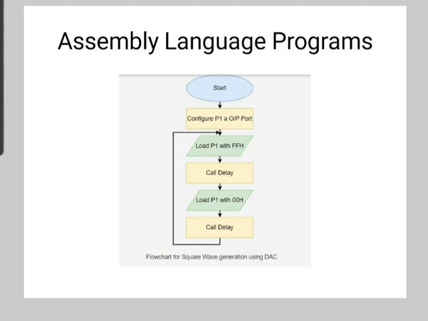Now to generate the sine wave, we need a table whose values represent the magnitude of the sine of the angle between 0 and 360 degrees. So the value of the sine function varies from -1 to +1 for 0 to 360 degree angle. So the table values are integer numbers representing the voltage magnitude for the sine of theta, and this method ensures that only integer numbers are output to the DAC by the 8051 microcontroller.